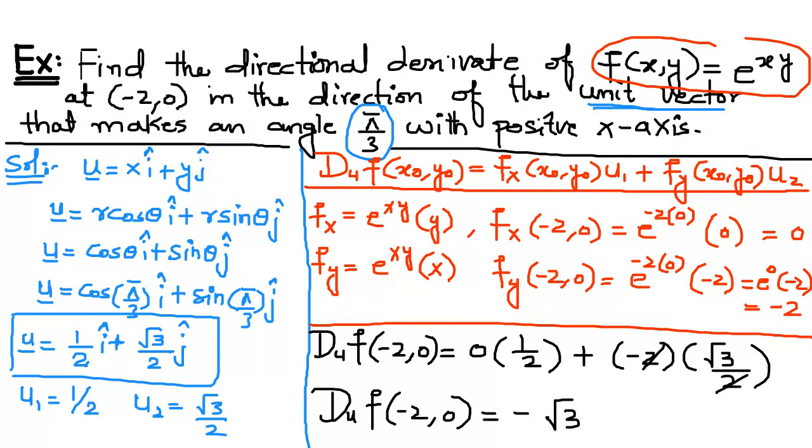So now we have two examples. In the first example, the unit vector is given, so it is very easy. In the second example, we find the unit vector from the angle. Now in the third example, if only a vector is given, how can you calculate the unit vector? Okay, so the third example is that example,